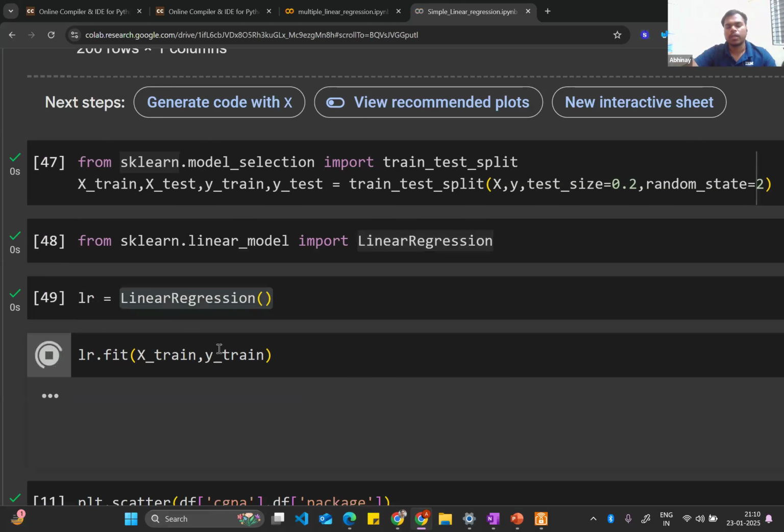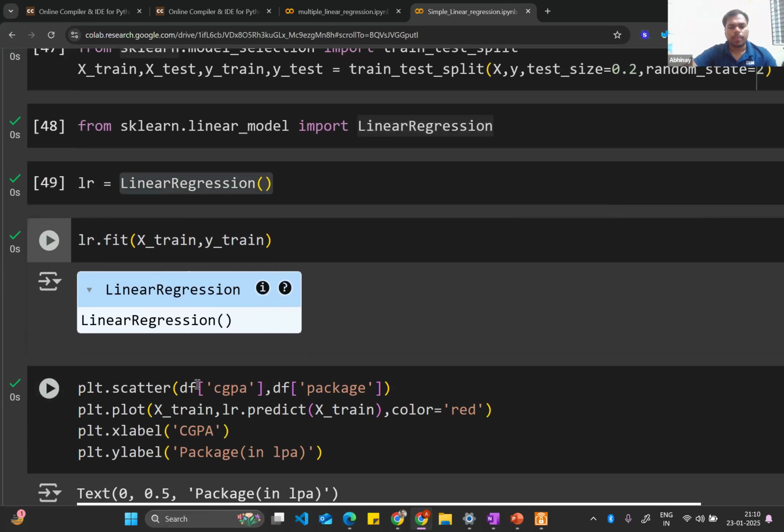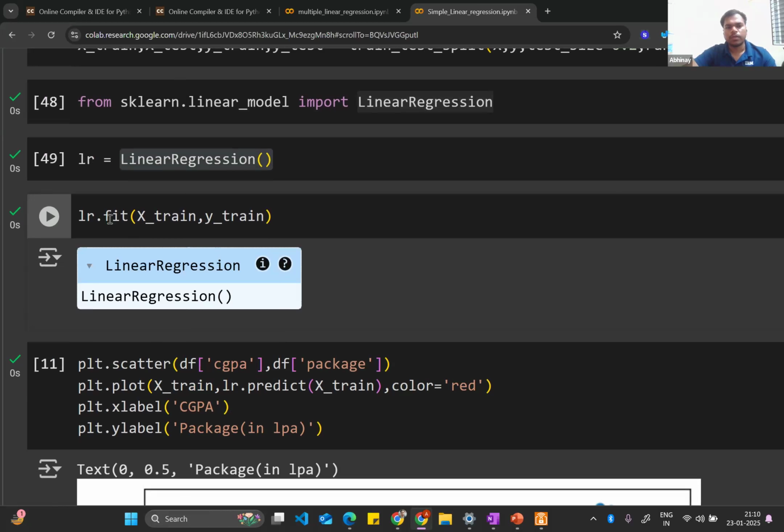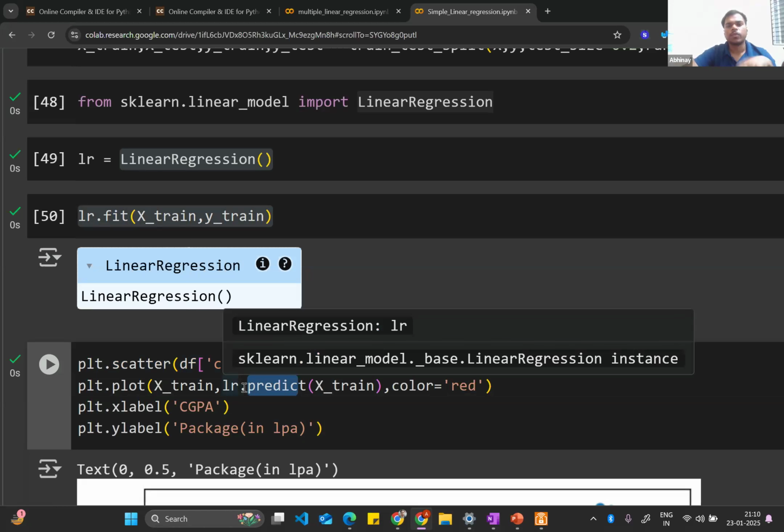Okay, upon your X train and your Y train, the same way that we are doing, and we will do the same kind of things in the upcoming classes also, right? So once we are able to fit this, now what we will do is basically draw this line over your scatter plot diagram, and this line will basically give you the value of your slope and your coefficient,